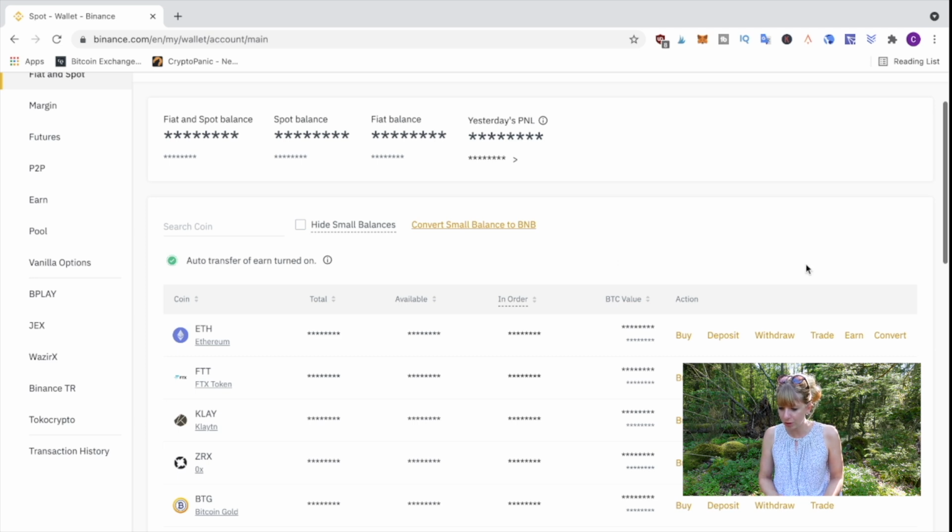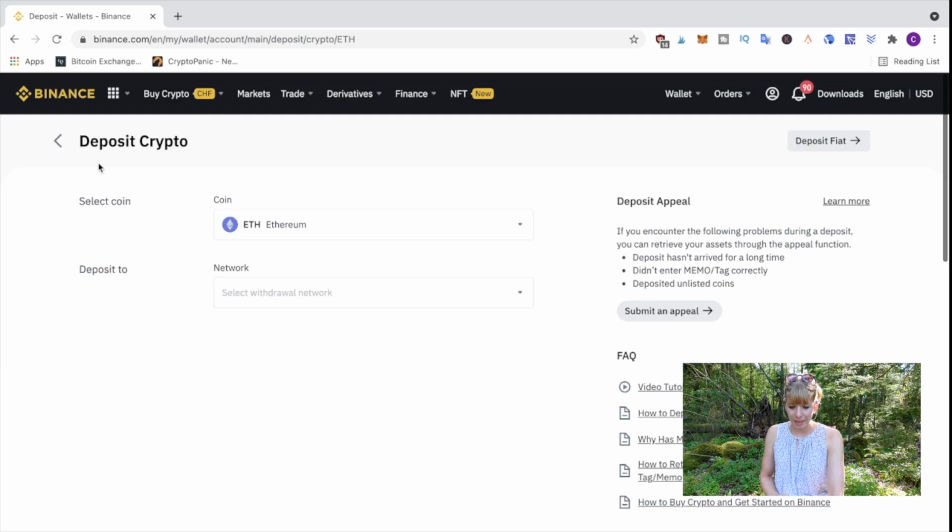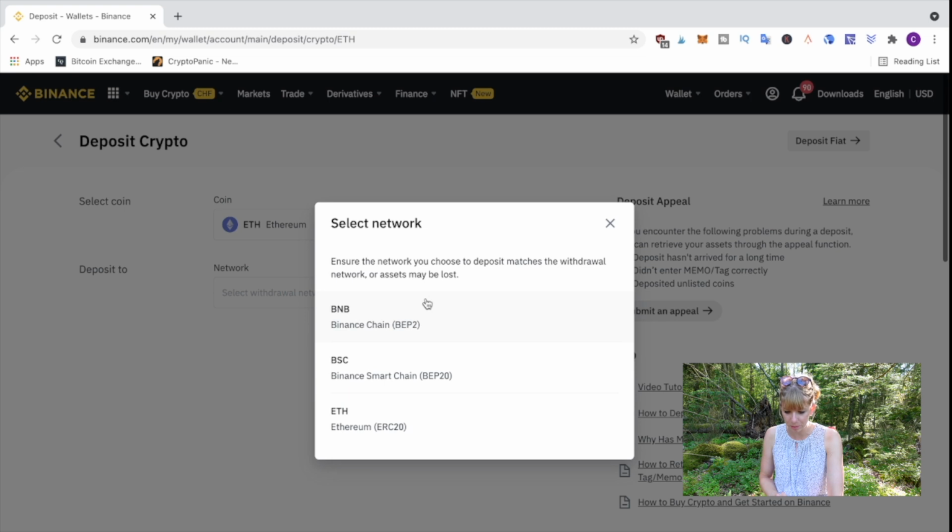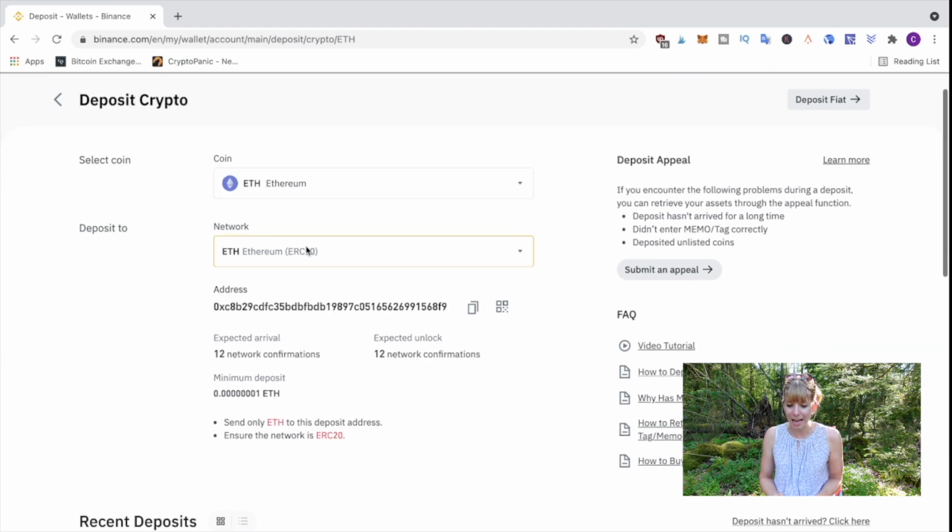So all you have to do is click here on the right onto deposit. Then you need to select the coin and also the network. That's very important. So we want to send Ethereum, so that's why we need to send it with the Ethereum network. So we'll click on that and then you get this address, and all you need to do is copy it. So you need to click to copy to make sure that you copy the whole address,